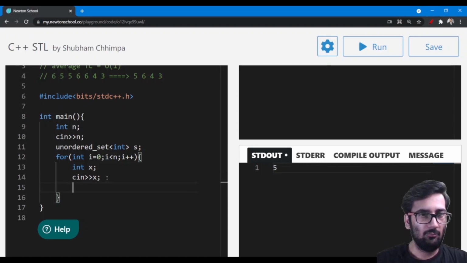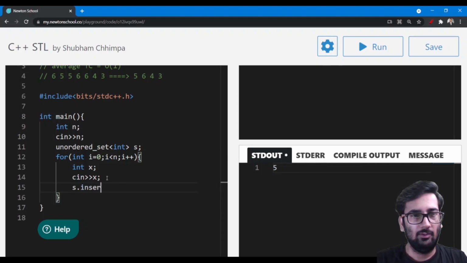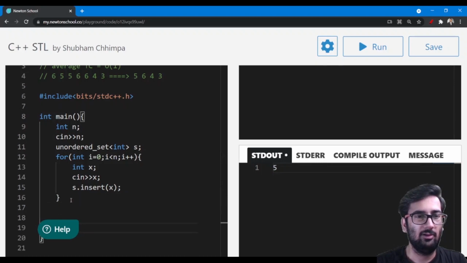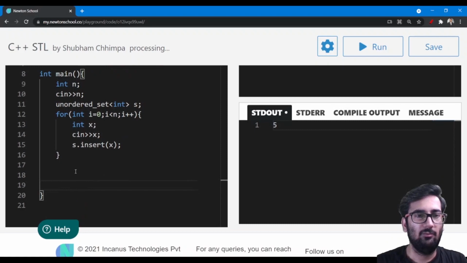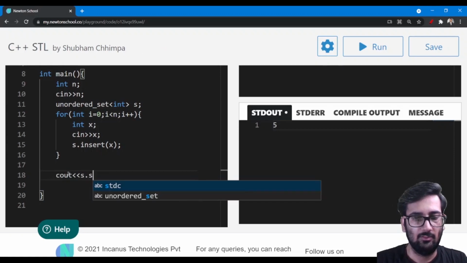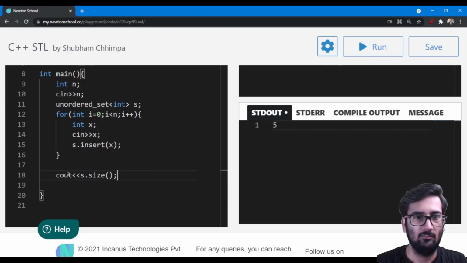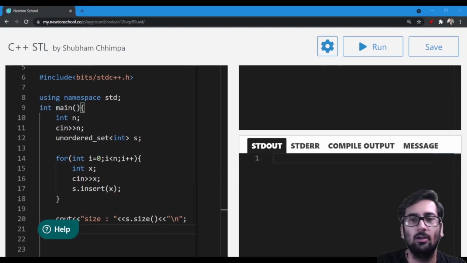Now we can take our set and insert our x in this, and once it is inserted, first we are going to see what the size is.